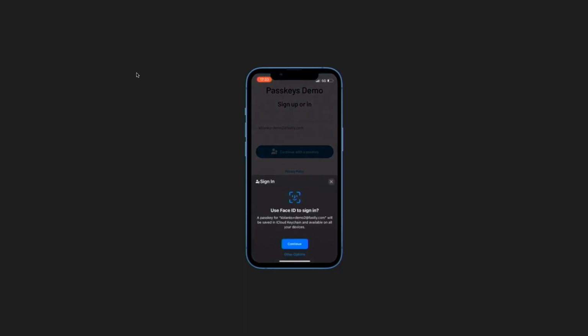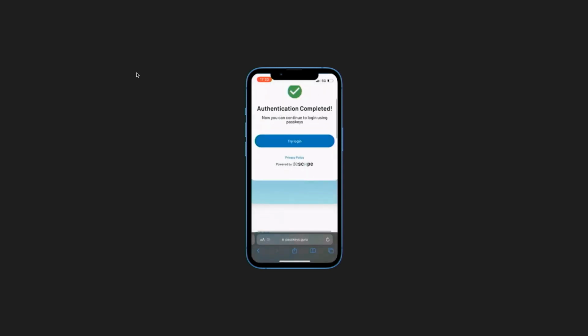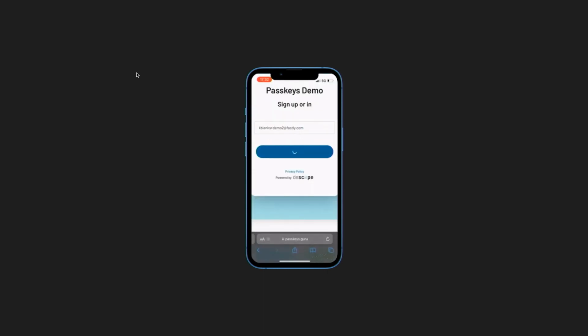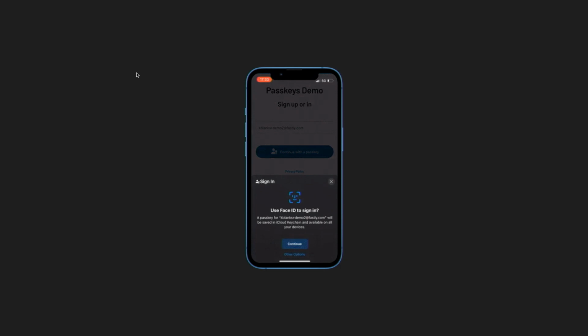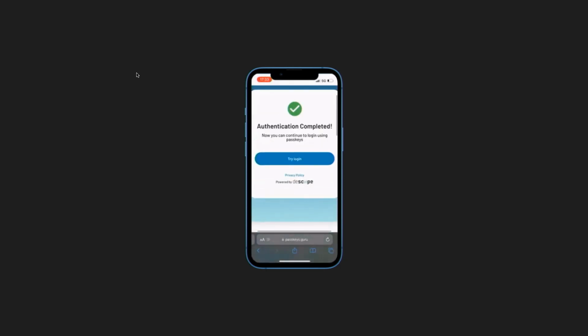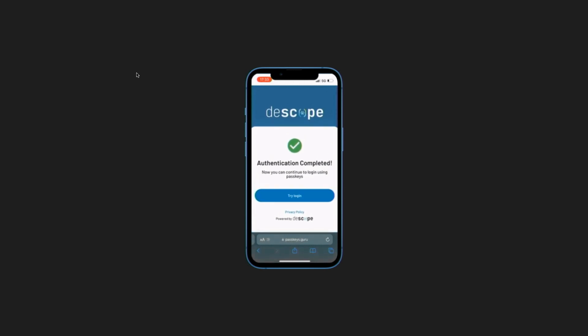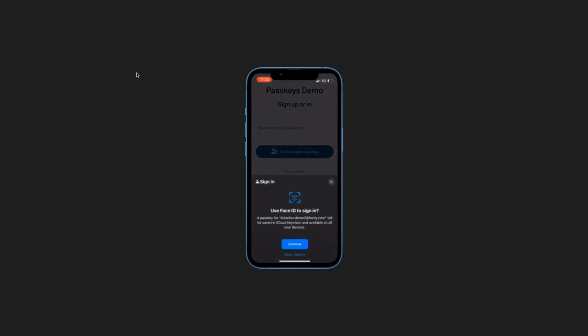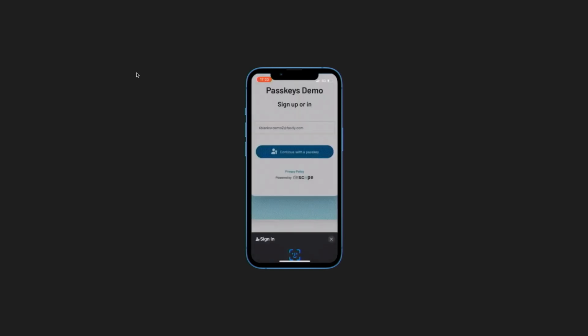If you haven't used passkeys yet, can I get a show of hands if no one's ever seen this before, on the web specifically? Because I know you've been able to use it on your phones. OK, most of you have used passkeys. This is just what it looks like. This is a colleague of mine using Face ID on his iPhone to log into a website. You could just as easily use a security key like a YubiKey on your laptop, or even your phone to log in on your laptop. That's a passkey.